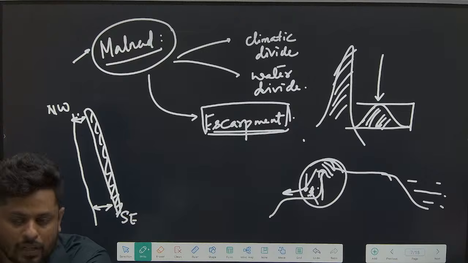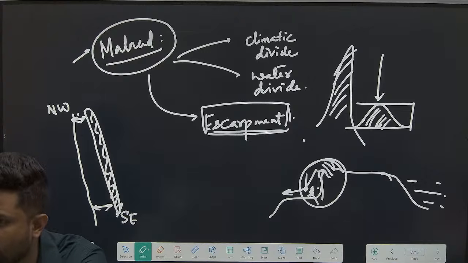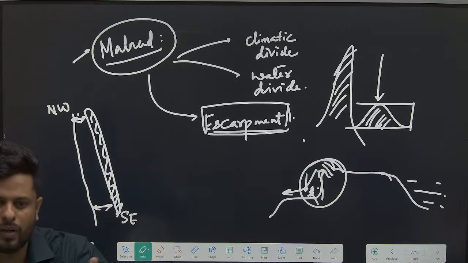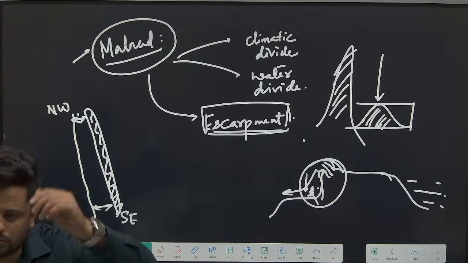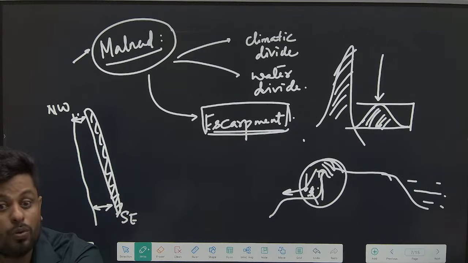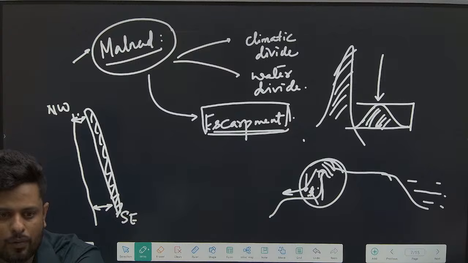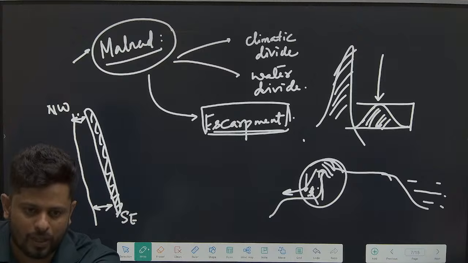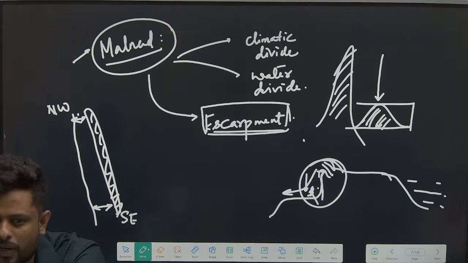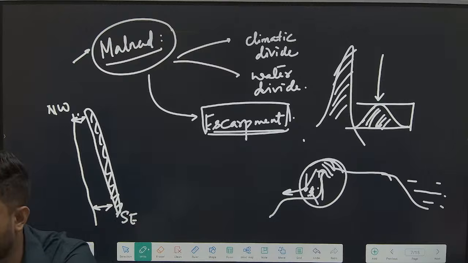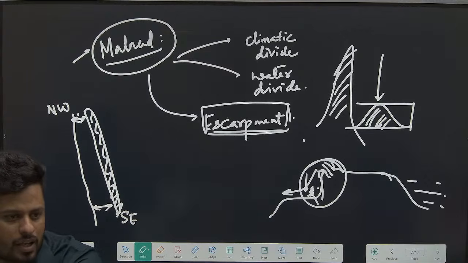You know how condensation, precipitation happens in case of orographic setup. Correct alva? That slope where the wind is incident, is it forced to rise? If the wind rises, what happens to it? It will be cooled down. With cooling down, there will be a dew point. That is, if the cooling happens till the dew point temperature, probably condensation will happen, and condensation will be followed by the next step of the hydrological cycle, that is precipitation. Can I say western side of the Western Ghat has higher precipitation?